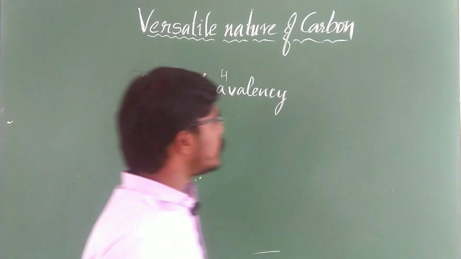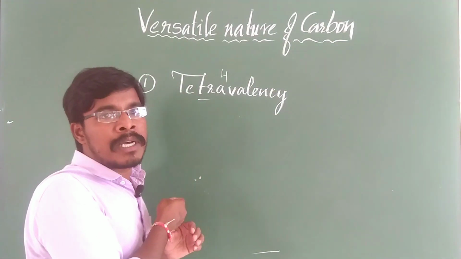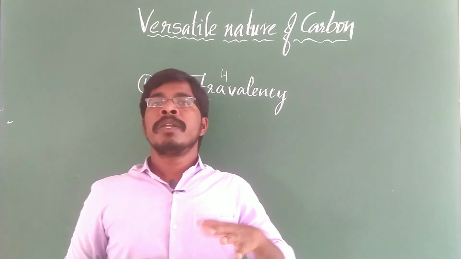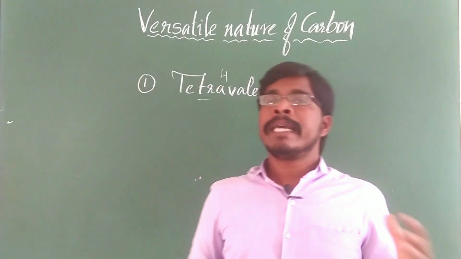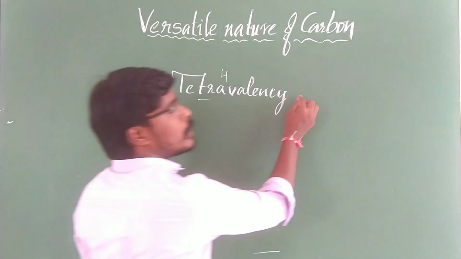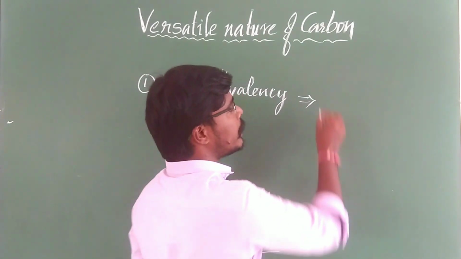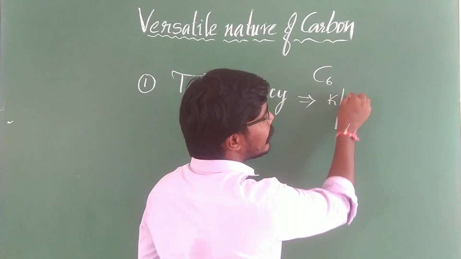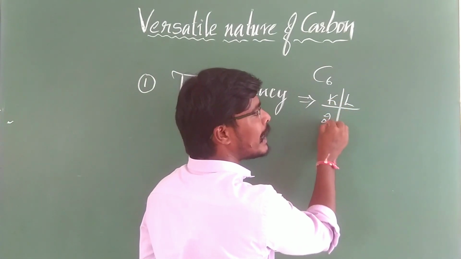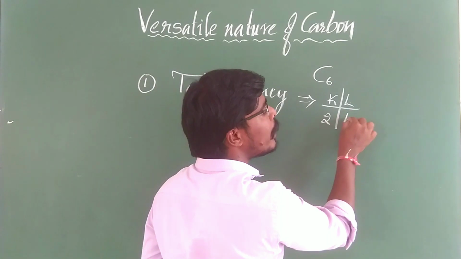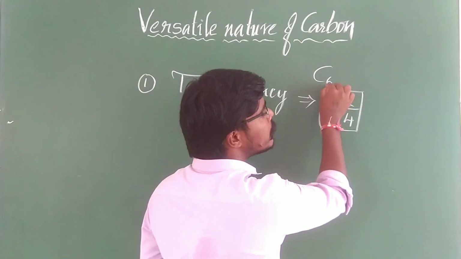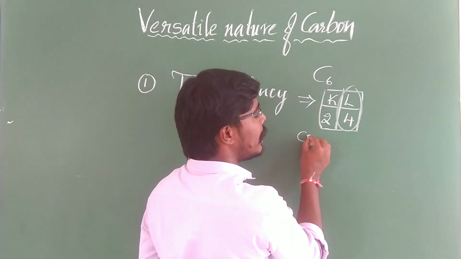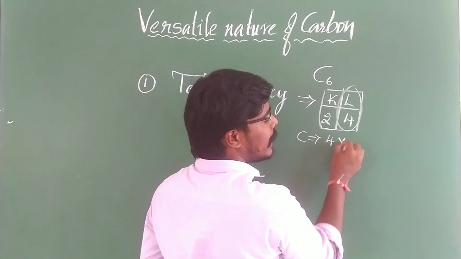So how did we get that valency of 4? In the last class I discussed valency and how to draw the valence dot structure around the symbol, when I was explaining covalent bonding. Whenever you write the electronic configuration, carbon has atomic number 6. Based on the shells, the K shell contains 2 electrons and the L shell contains 4 electrons. The outermost shell is the L shell, which has only 4 valence electrons. Due to that, carbon has 4 valence electrons.